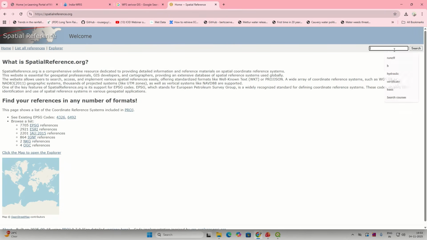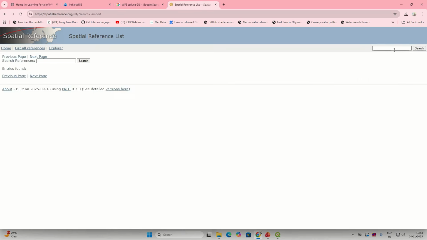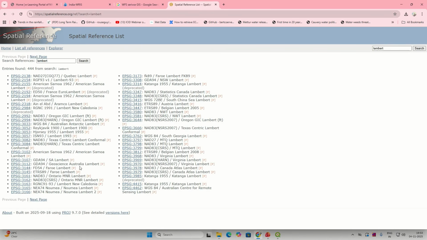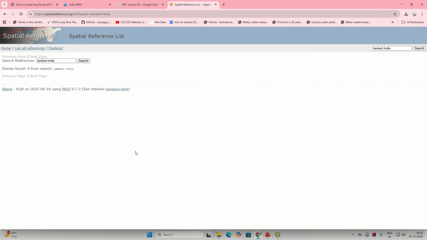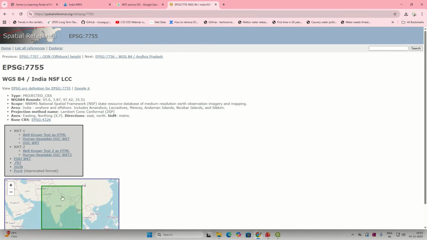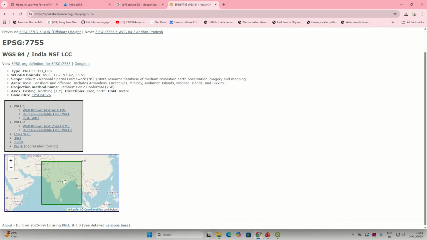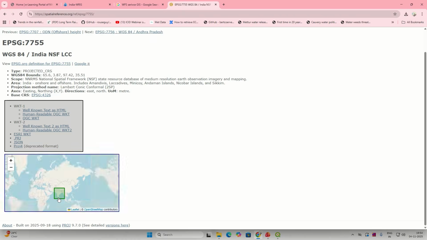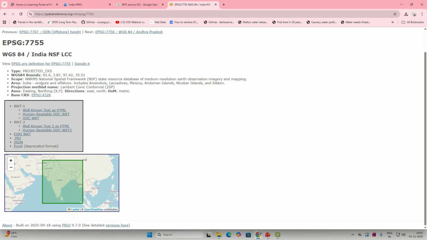Here you can search for Lambert conical India, LCC India. Yes, LCC India 7755. Yeah, this is the whole code which is applicable for the whole of India,